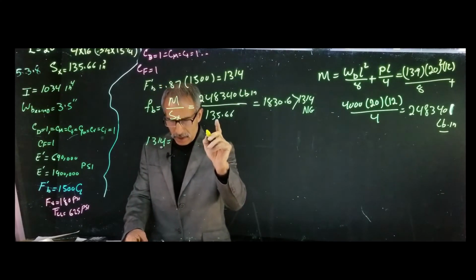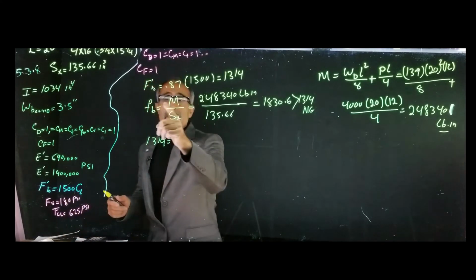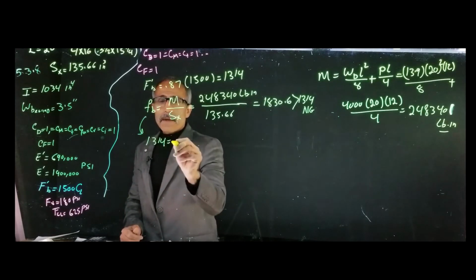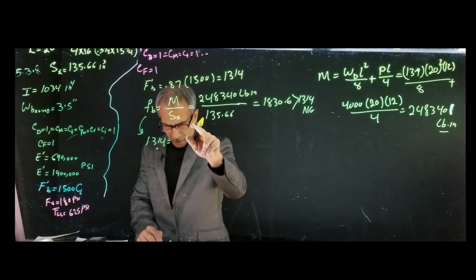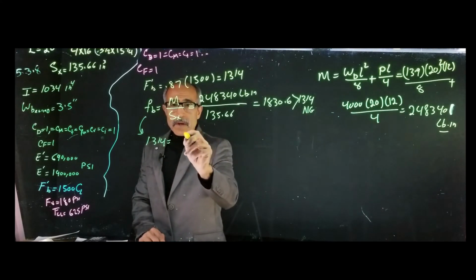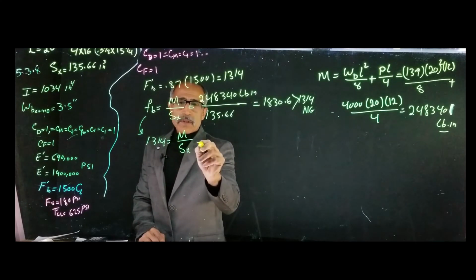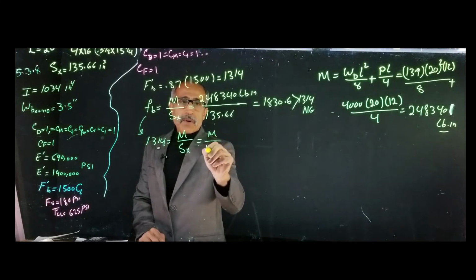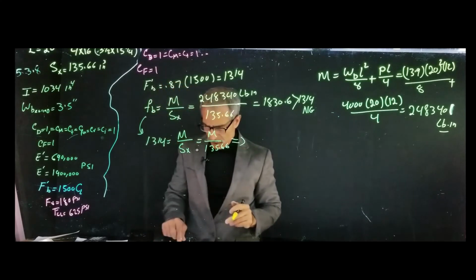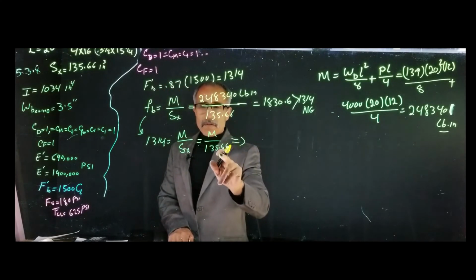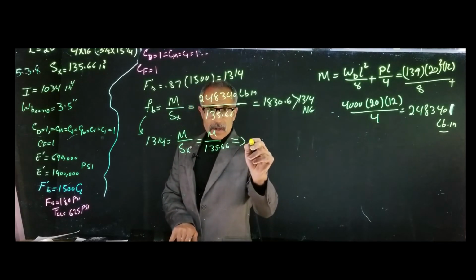is equal M divided by S, which is, let me write this down. Well, that's basically this formula right here. That's equal M divided by SX. I know SX, I don't know M, okay? So that's equal M divided by 135.66, and therefore my M is going to come out to 135.66 times 1314,